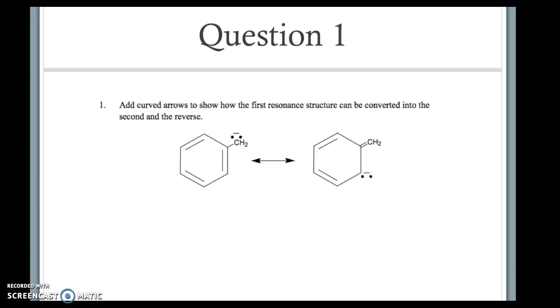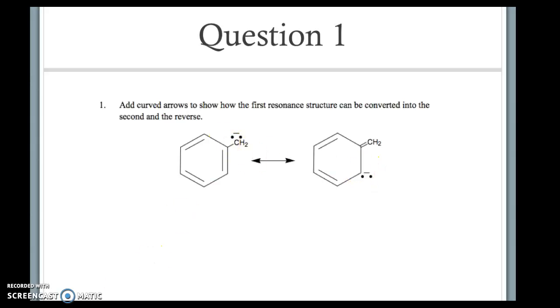What this question is asking us to do is to add the curved arrows to show how the first resonance structure can be converted into the second, and in reverse. So what we want to look at is the first and the second. We see that this lone pair has moved down and became a double bond over here, and we see that this double bond here has been broken and it is now a lone pair on this